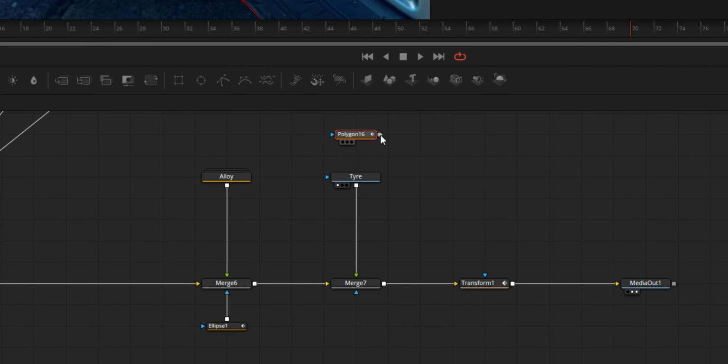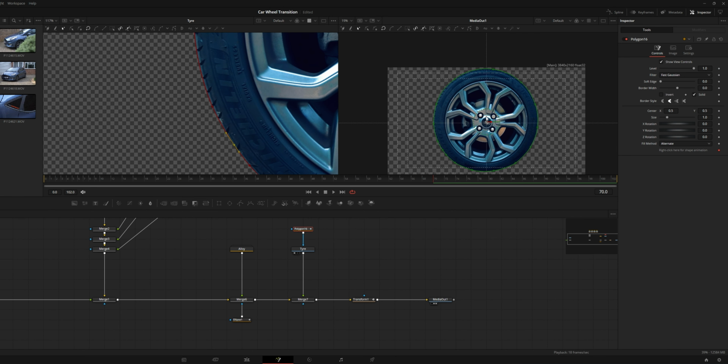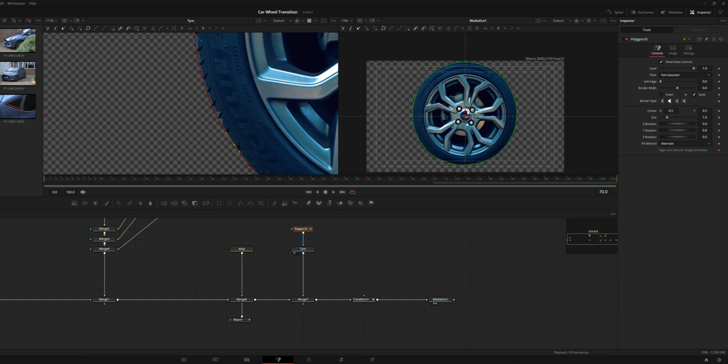Now let's select the polygon output and put it on the tire. There we go, we now have the tire. So now what we want to do is create another mask using the polygon tool once again. I know there's a lot of masks in this video, bear with, it's going to be a good effect in the end. Then create a polygon, and then what we want to do now is mask out the outer shell